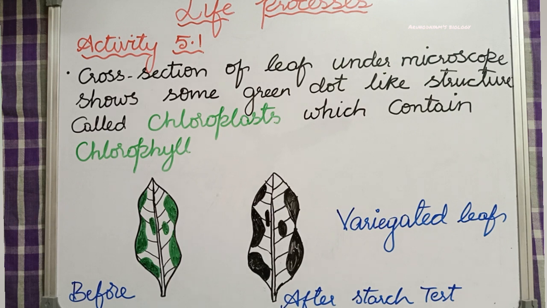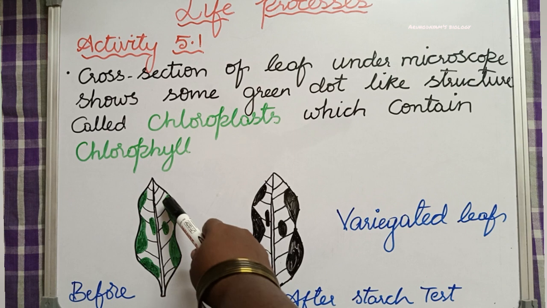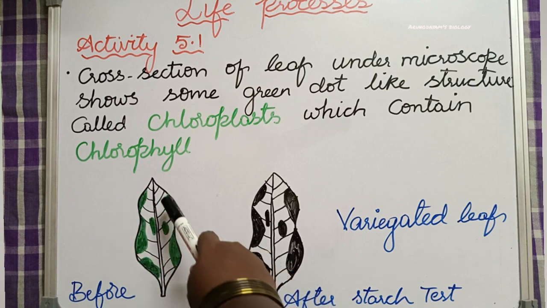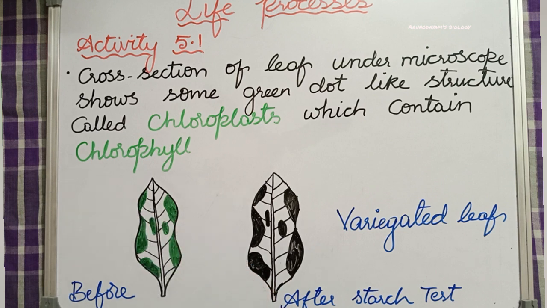Okay. Next, after that, pluck a leaf from the potted plant. Choose any leaf and pluck it. It has both green color areas and colorless areas, as I already said. So take a white color paper and trace the green color areas. Mark these green color areas with a marker. Take a white paper and trace out these green patches on it. Okay, we have to use it at the end of the experiment. You have to use the white sheet at the end of the experiment. Now clear now?